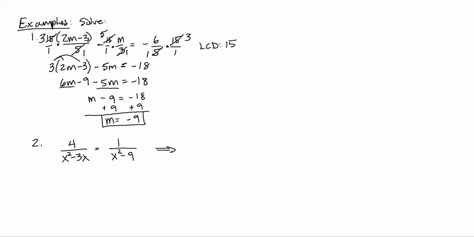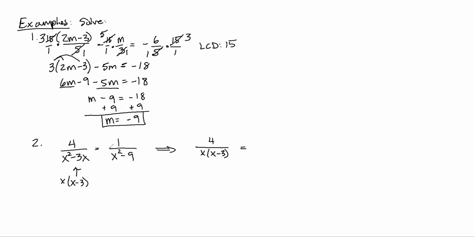So I'm going to move this over here, and I'm going to put the factored denominators in our equation. That way canceling out is going to be a little bit easier. You'll see what I mean by that once we start actually canceling out. So let's look at this first denominator, this x squared minus 3x. We can take an x out of there, and we're left with an x minus 3. That's all we can do, so let's rewrite this as 4 over x times x minus 3